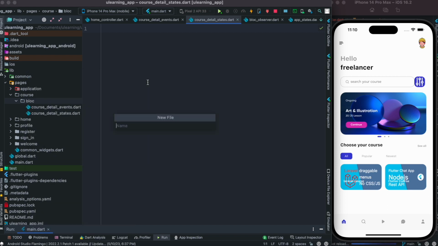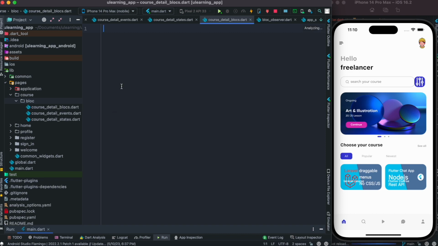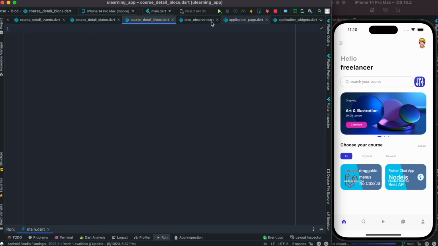And then we're going to call it course detail blocks .dart. All right, so these are the 3 things that we should be working on right now. Let me close this. We don't need application page. All right. Okay, so the first thing we want to do over here is go ahead and create